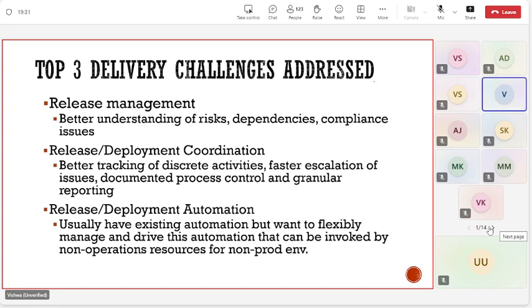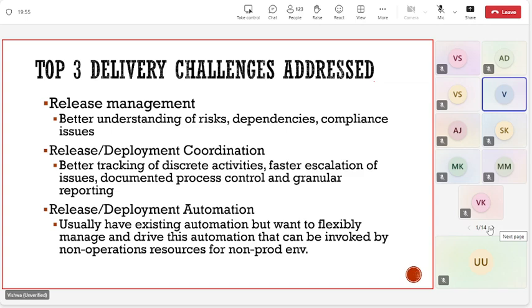Three top challenges which have been met: one is release management. Okay, what is release management? With the help of release management, you are able to handle the risks, dependencies, and compliance issues in a much better way. Release deployment coordination. Now, release management is something different.